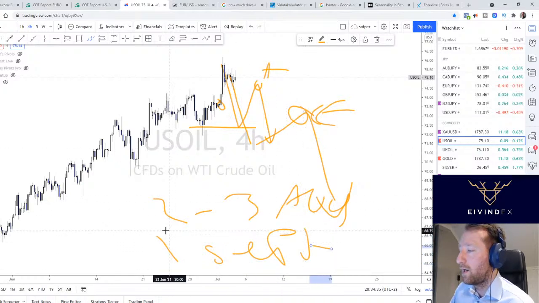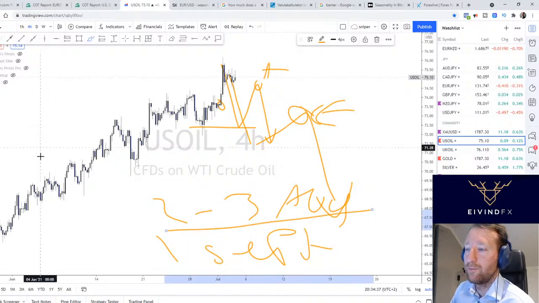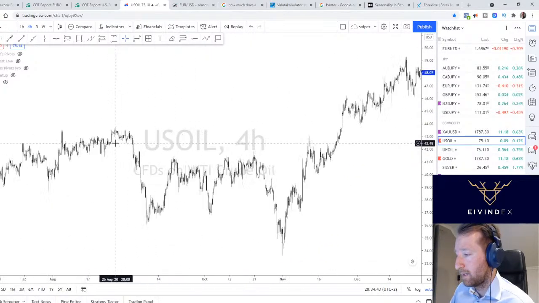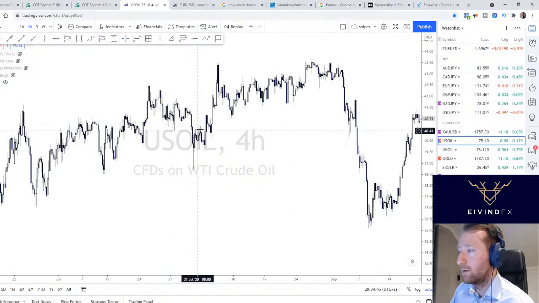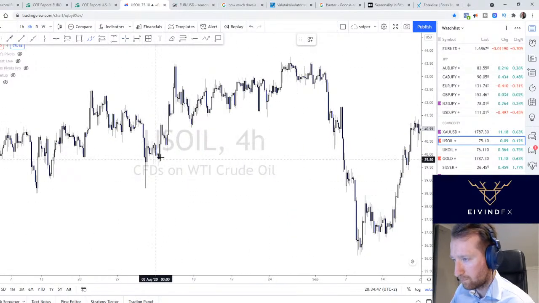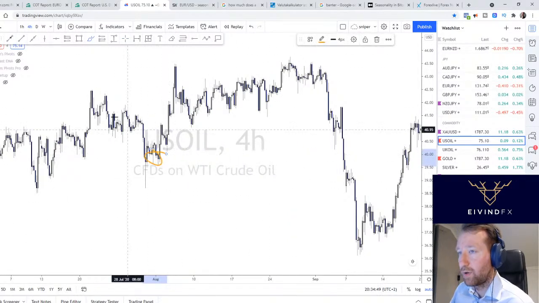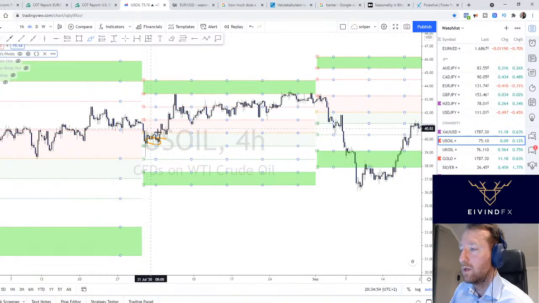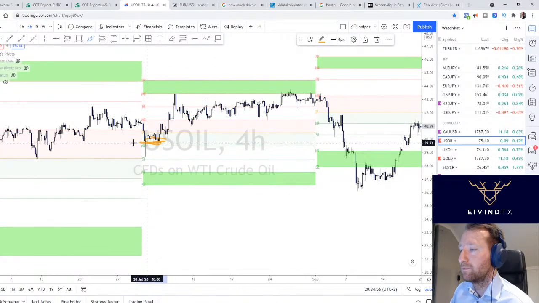Should be either this or this. So what's the scenario for oil that I'm looking into? For example, this scenario here, the 3rd of August. That probably is a monthly buy zone, by the way. Yeah, that's a monthly buy zone, so I would take that any day of the week. Or this one even. And then up to target.